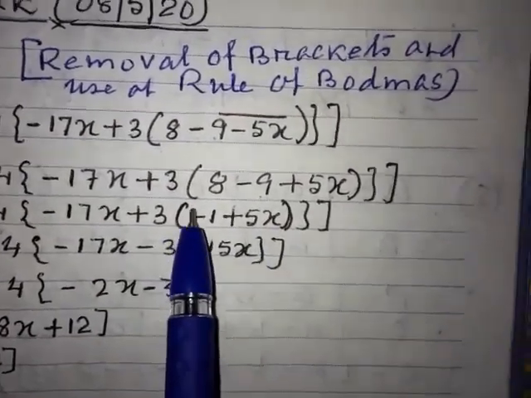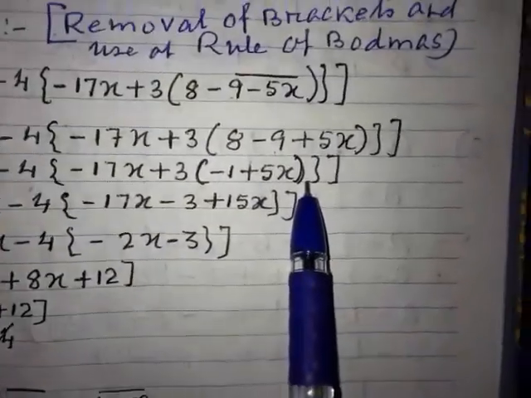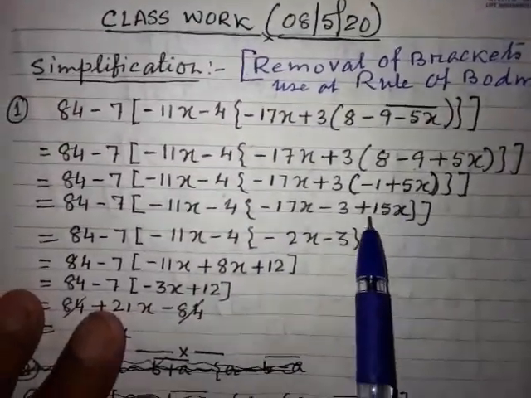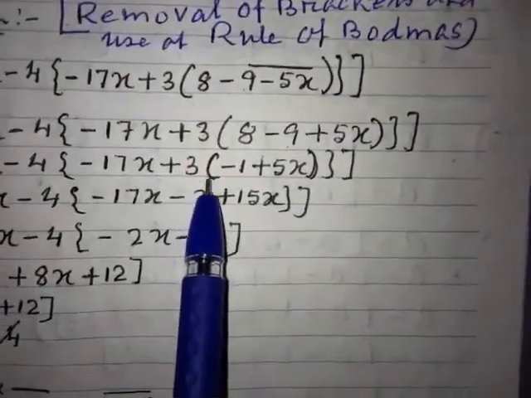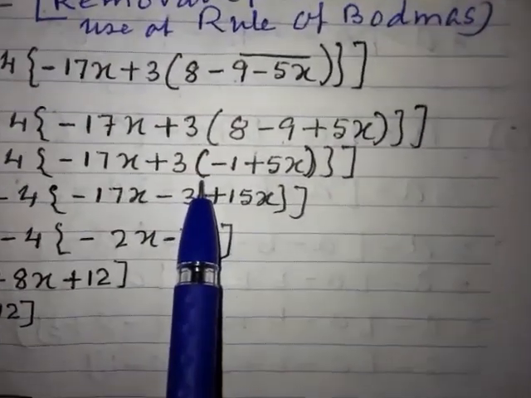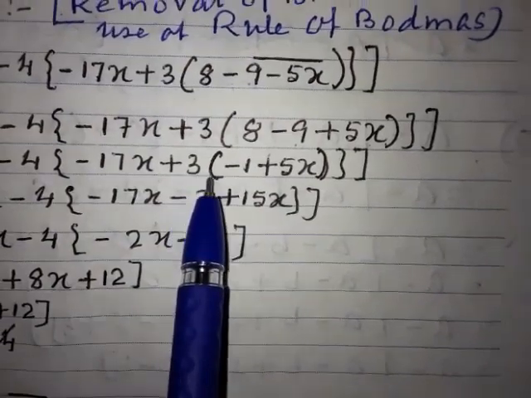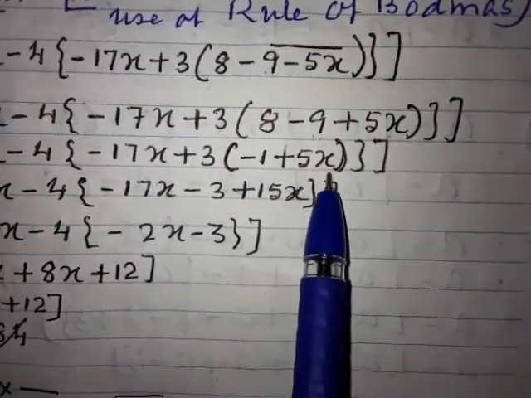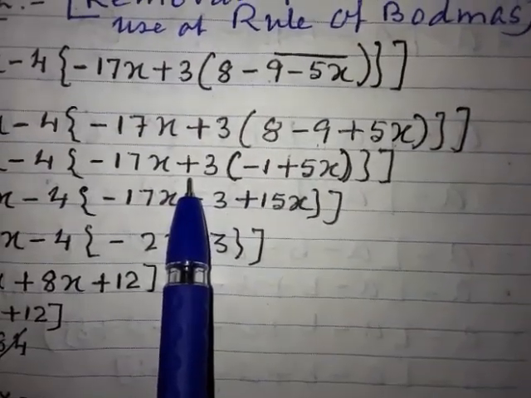Still, we do not remove the first bracket now. First you have to calculate the first bracket. Other things are the same as they are. Now, I am coming to the first bracket. Now, plus 3 bracket means multiplication. So, I have to multiply plus 3 with these 2. When I am multiplying plus 3 with these 2, again you see outside the bracket what sign? Plus sign.